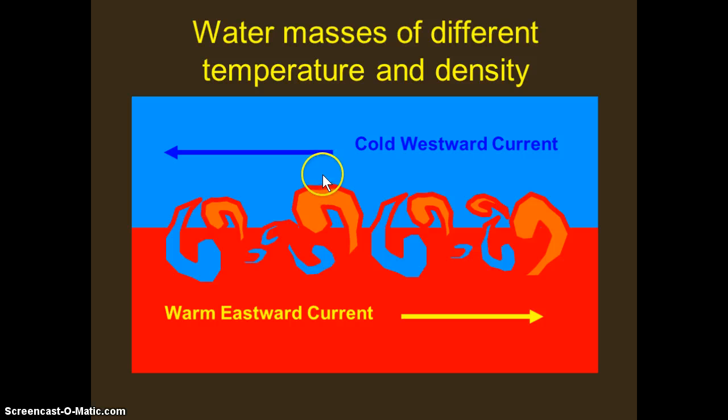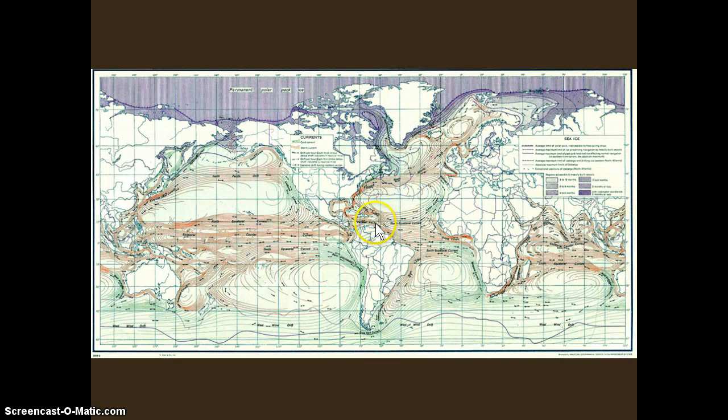And so that's one of the examples that I'll give you here today, or at least the most direct example I'll give you of how these ocean weather patterns, or these eddies, can set up. All right, so if we have water masses of different temperature and density, let's zoom in right over here, right? Here's our Atlantic coast. Here's the Gulf. We have this gyre, the North Atlantic gyre, set up here. We have the equatorial currents coming through here, and we have currents coming out of the Gulf, and that forms